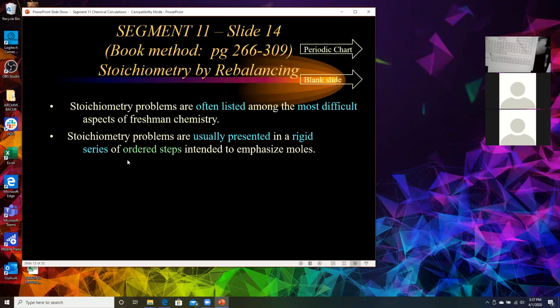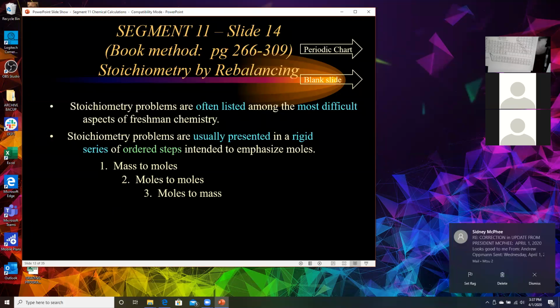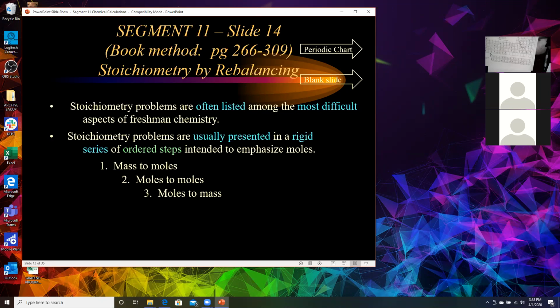It's presented as a series of ordered steps. There's going to be 3 steps. You must do step 1 before you can do step 2 or 3. You must do step 2 in between 1 and 3. And you must do step 3 last. The steps have to be ordered for it to happen. So if you go from mass to moles, moles to moles, moles to mass, that's the way stoichiometry is taught almost everywhere. Okay, so that's not what we're going to do, because suppose you've got a sequential process that you